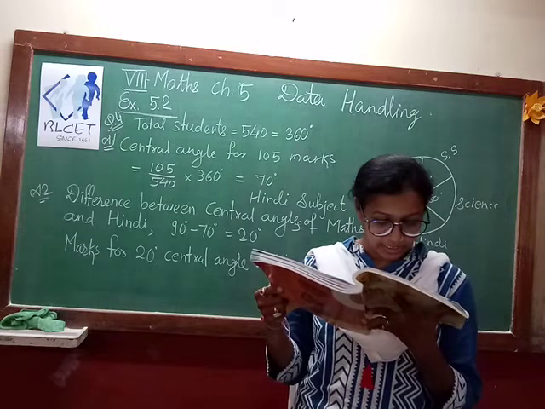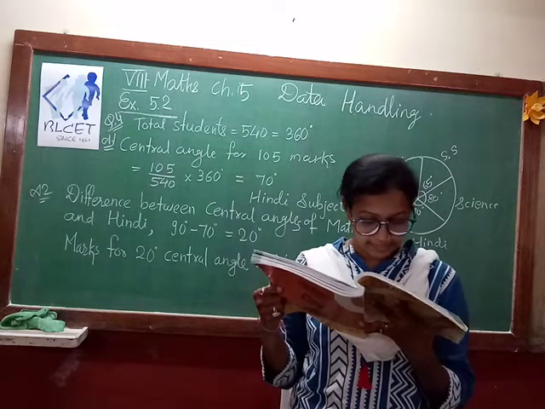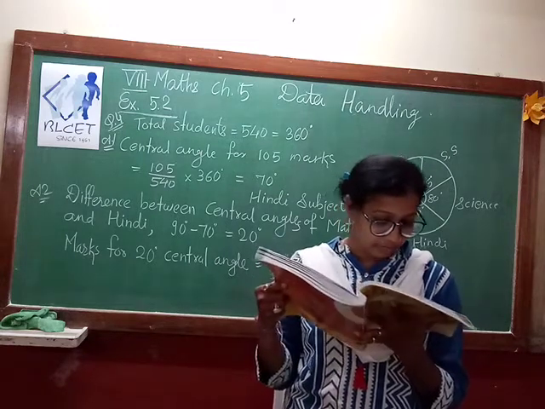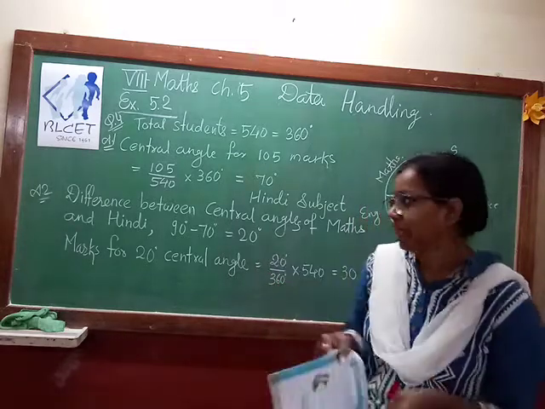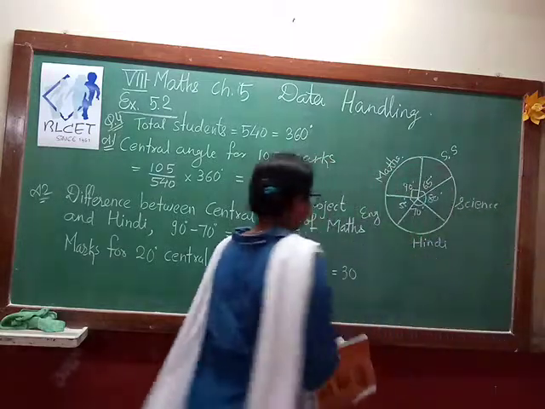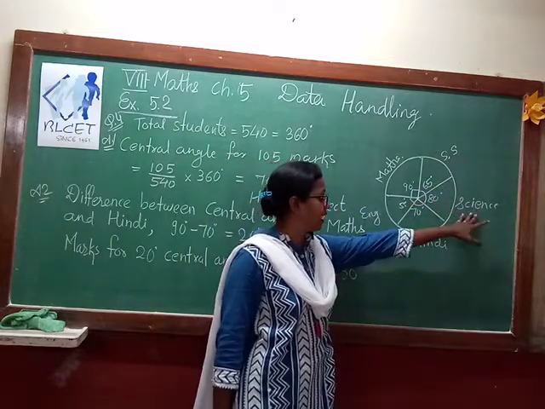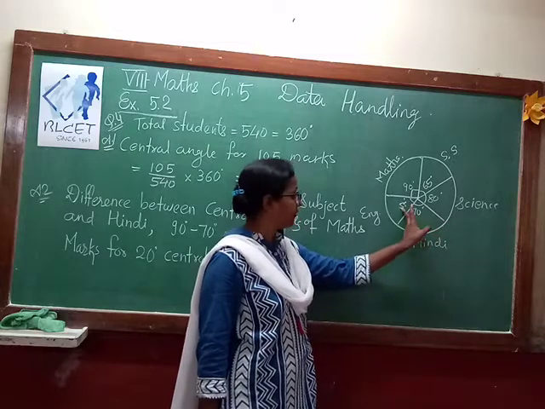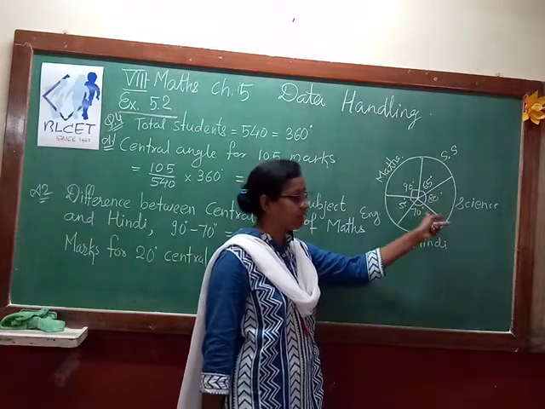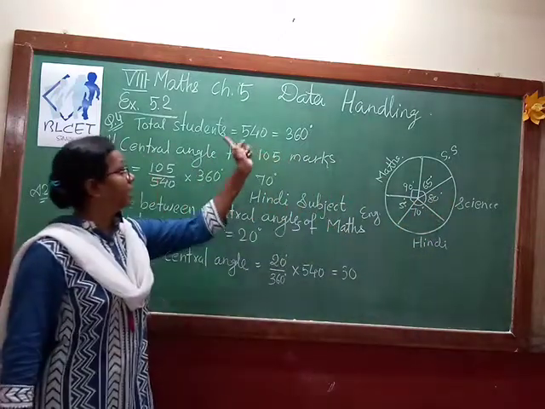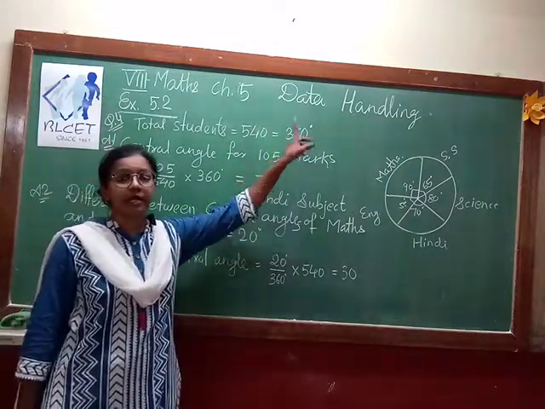The adjoining pie chart gives the marks scored in an examination by students in Hindi, English, Maths, Essays and Science. If the total marks obtained by the students were 540, answer the following questions. So here, already the pie chart I have drawn. 65 degree for social science, 80 degree for science, 70 degree for Hindi, 55 degree for English and 90 degree for Maths. Overall it is 360 degree. So total if you consider the whole circle, 540 is equal to 360 degree.